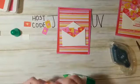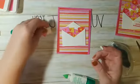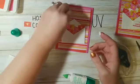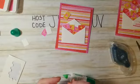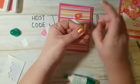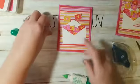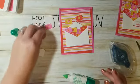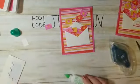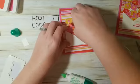All right, now some of them we are going to pop up. So before we get too far, now that we have that seam covered up, we are going to pop up a few of them. So we're going to put one here. I want one of each color kind of outside. So one here, I'm going to start peeling off the backings and just stick it down. So one here, let's see. Again, if you don't press too hard with your dimensionals, then you can kind of go back and readjust them. And I'm just going to stick one right here. Okay, so we have 3 left, so we're just going to stick these kind of coming out of our